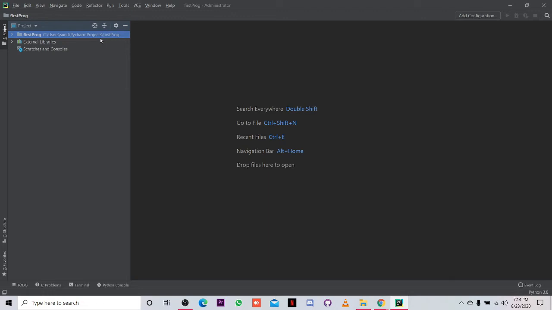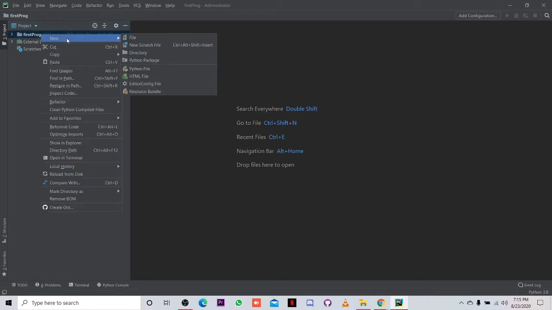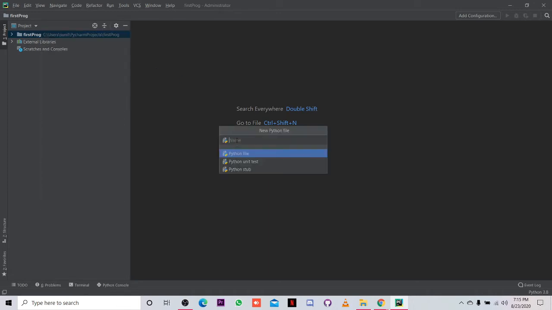So you can directly go to this folder and open it in your editor. Now in first prog, this is a folder. Now I want to make a Python file. Right click in it and select new, and then go to Python file. Name it anything, but in Python we name it main for the main file.